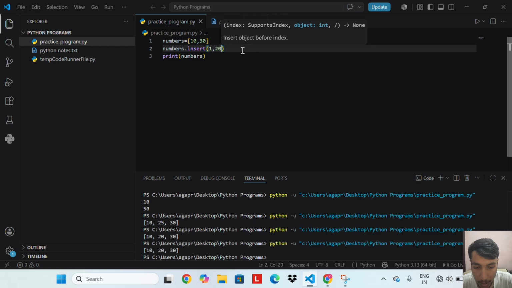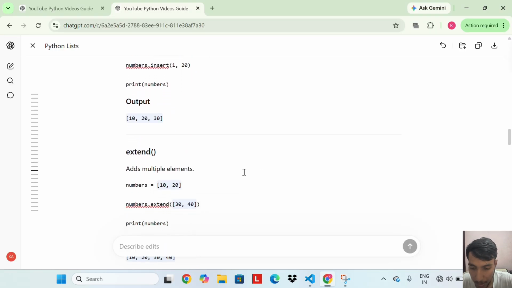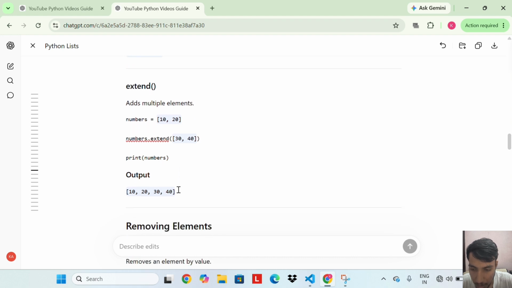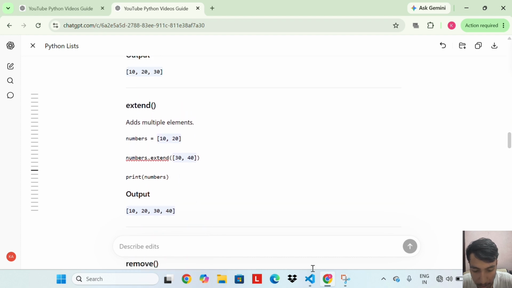Here we insert 20 at index 1, it pushes 30 to index 2. So this is how insert works. Extend adds multiple elements. So let's do an example of extend.